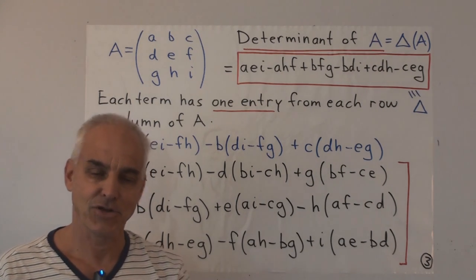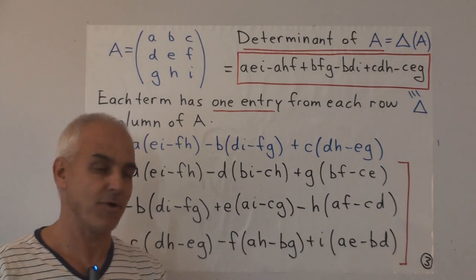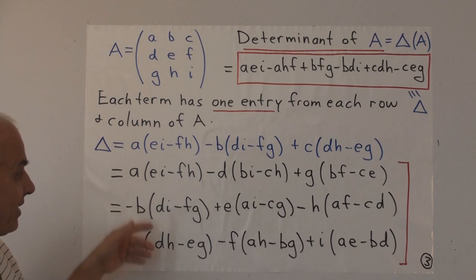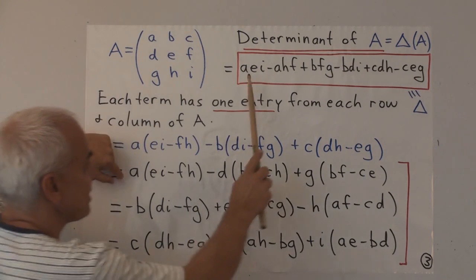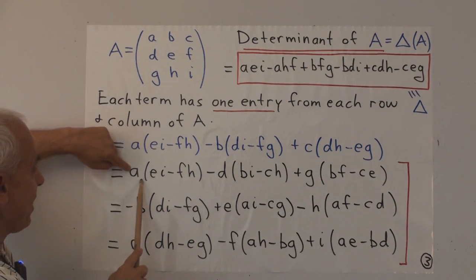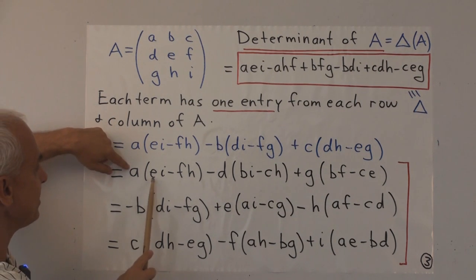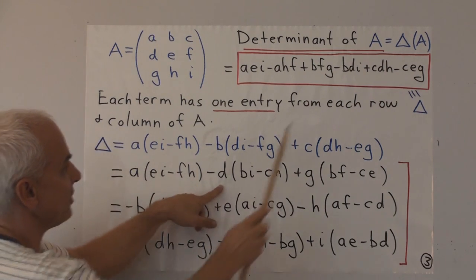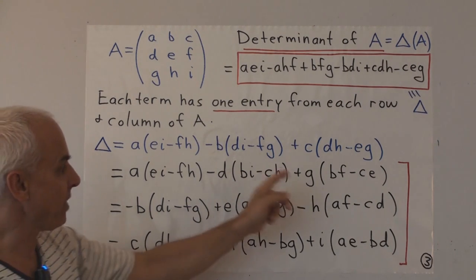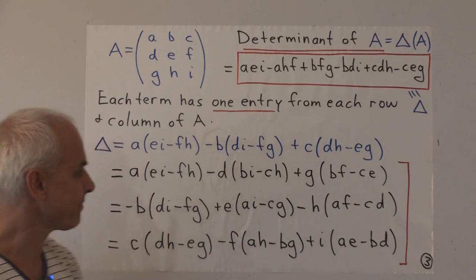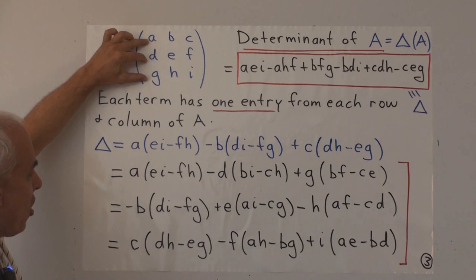Is the first row special in this regard? No, it's not. It turns out that we can do the same thing for columns, and we don't need to choose the first row. We can also choose the second or the third. So these next 3 formulas are exactly the same kind of thing, but I'm going down the columns now. I'm going to take this same thing and rewrite it by picking out the A, D, and G components. You can check that it's A times EI minus FH, and then when you take out the D's, which appear here and here, you get BI minus CH with the minus sign there, plus G times BF minus CE. So I'm concentrating on the entries of the first column.